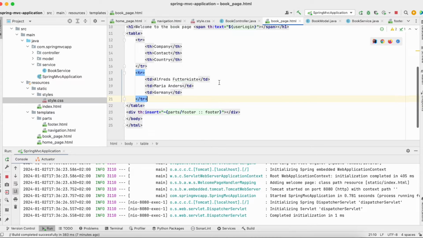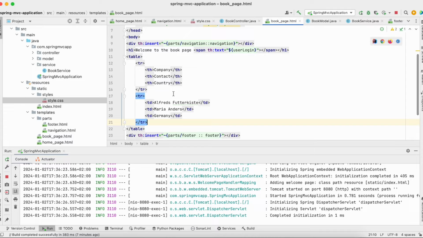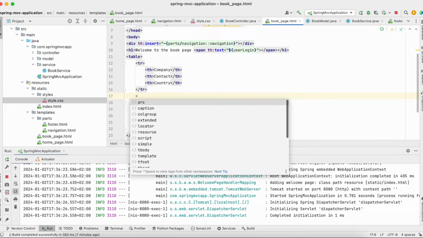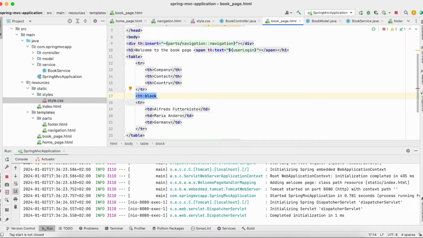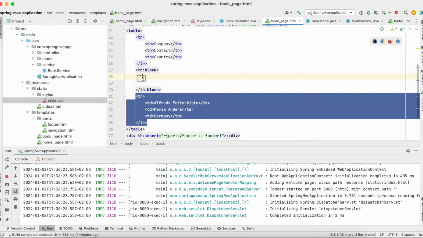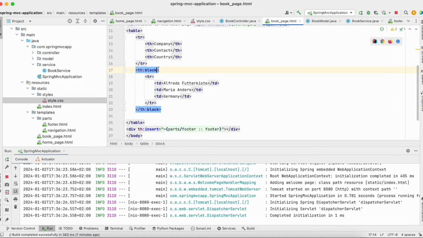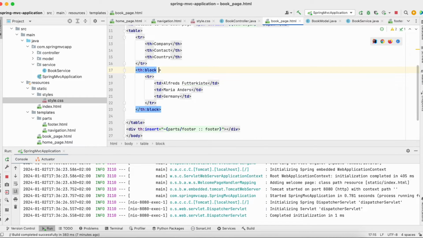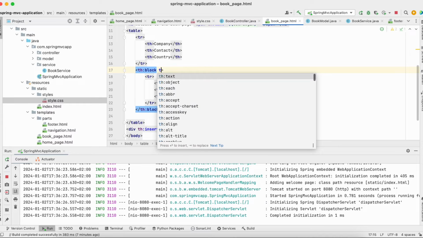Let me get back to the book page, loop through the books and show the user books in the table. Let me create this construction, th:block, which is used for looping through the list. In this th:block, we want to construct our table row with table data. And how can we know how many table rows? The number of books in the list will produce one table row each, and I will use th:each,